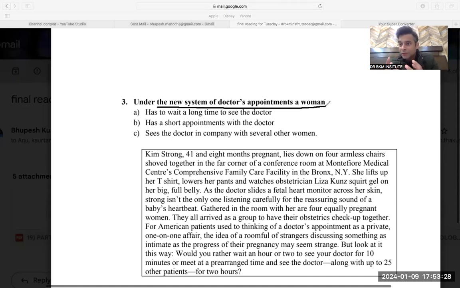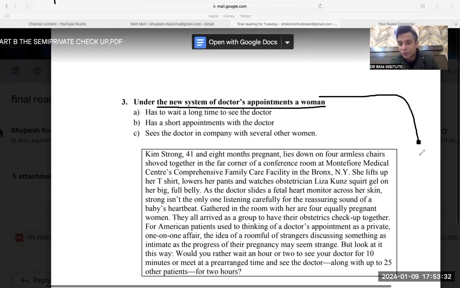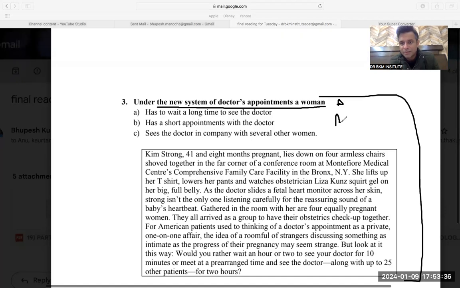Now you need to understand the question nicely because the most important thing in any reading question, if I say A is my question, B my options, C is my paragraph, then the most important thing is the question itself. So A is the most important thing that you should understand. C is the second important thing, and B is the third thing because you just have to find the right option. So the major energy should be spent in reading the question.